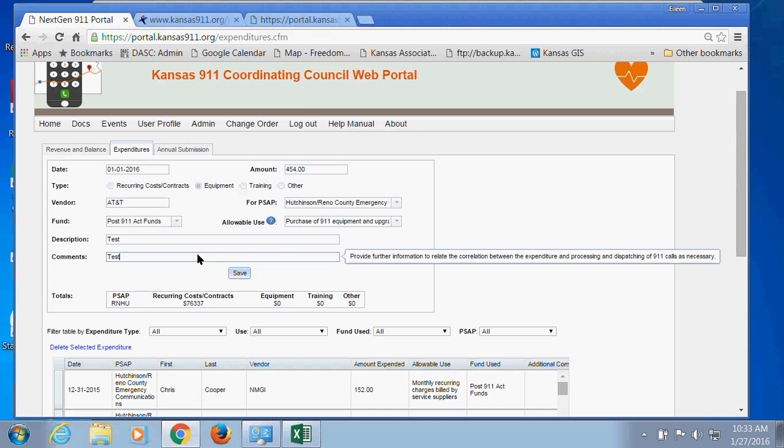I'll put test there. Okay, so if I look things over, I feel like I've got my expense ready. You'll see before I even enter this that there are some running totals at the bottom of information Chris has already entered. So it's showing his PSAP, Reno Hutchinson. He has a running total for recurring cost contracts, and so far I'll be the first one to enter anything for equipment, nothing for training yet, and others. So once I hit save here,